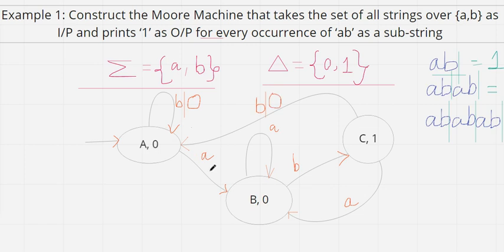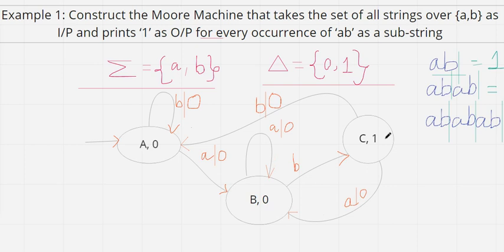Then moving to the second state, that is B. B has three incoming edges. See, one this one, another this one, and another this one. For this transition, A is entering into B, which has output 0. Therefore the output for this transition will be 0. Similarly, for the other two transitions the output will be 0 for this transition, and also 0 for this transition. I think both the states are clear to you all.